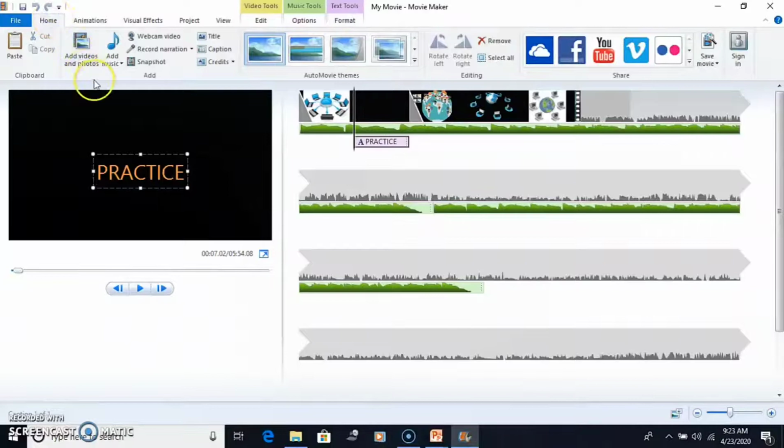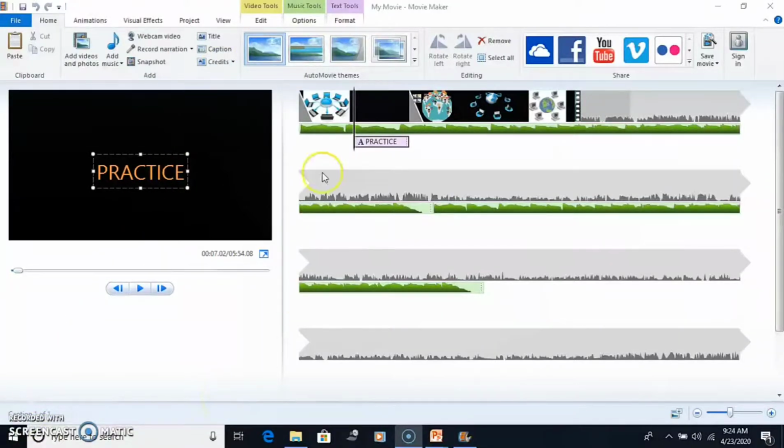Captions and credits can be added and formatted to the clip in a similar manner as the title is added. So below the title we can see the Caption and Credits option. So as we have inserted the title, the same way we can insert caption and credits. Caption will be applied on a picture or a video or a clip and credits will apply at the end of the video or the movie.